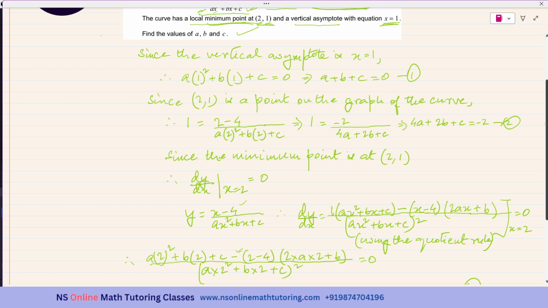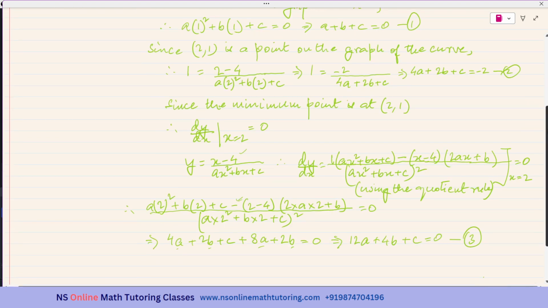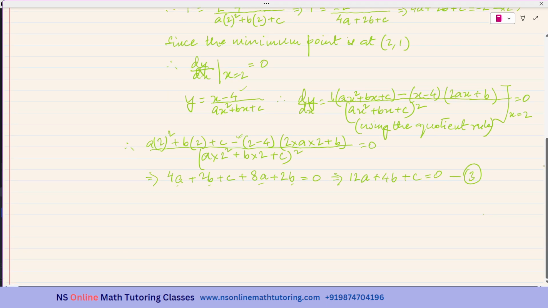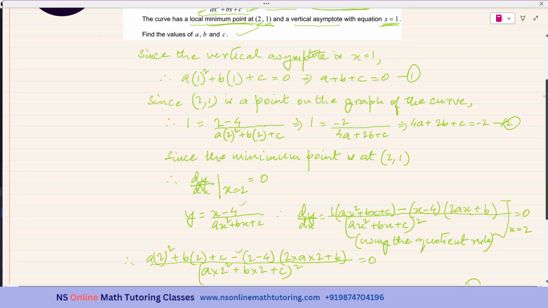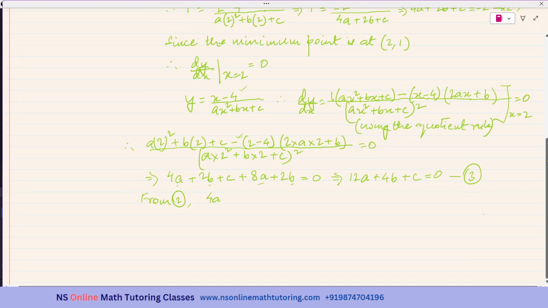Okay, I'll be using the traditional method. Okay, so 4a plus 2b plus c equal to negative 2 I'm taking. Okay, let me see the equation once more. It is 4a plus 2b plus c equal to negative 2. So 4a plus 2b plus c is equal to negative 2, and from